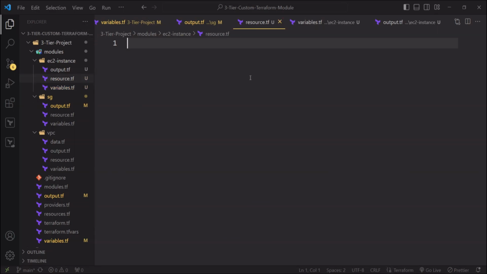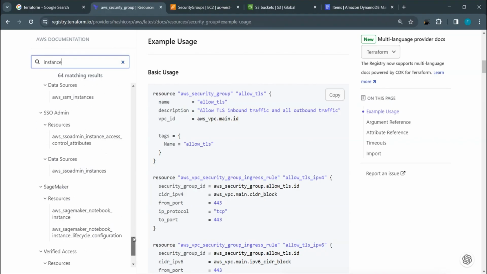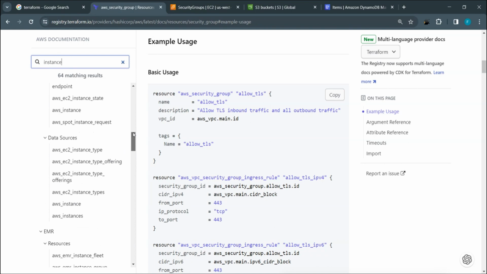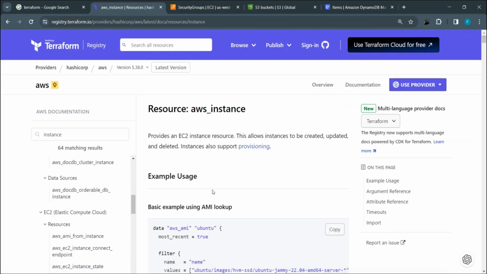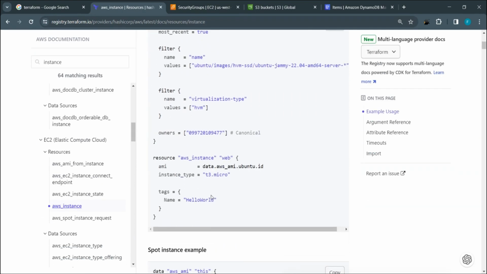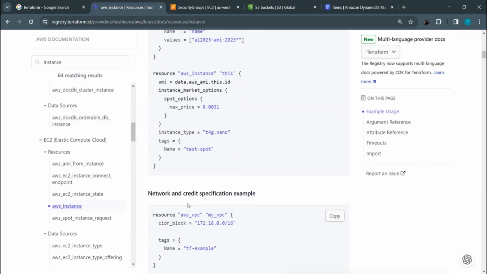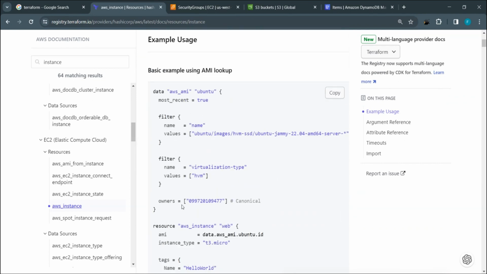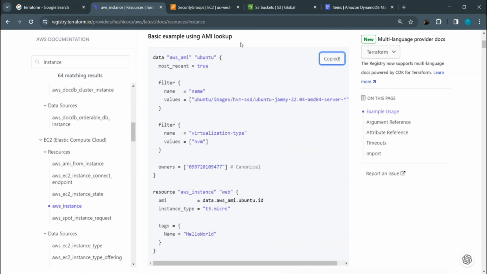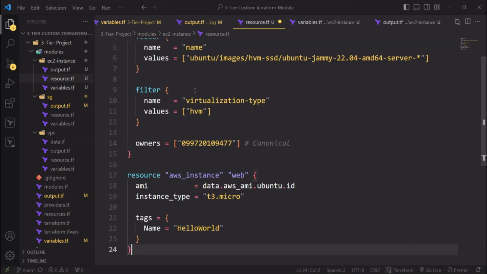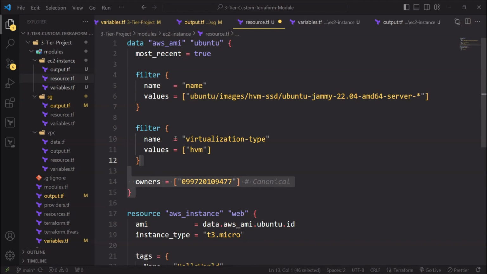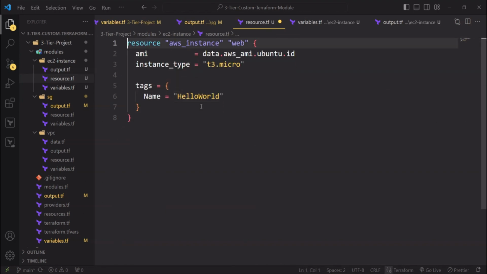And now let's search for EC2 instance resource. Yes, and we will take the first one, copy it, and remove the data block because we will give the AMI value itself. Remove this,